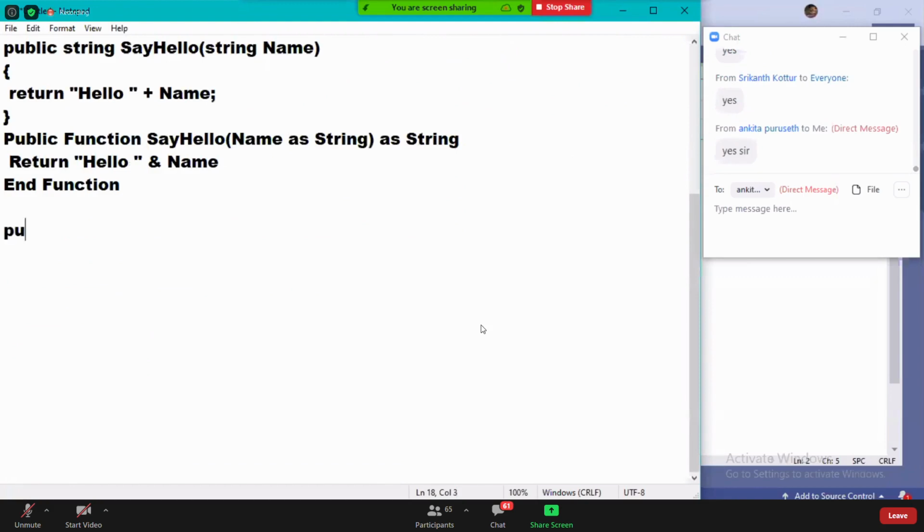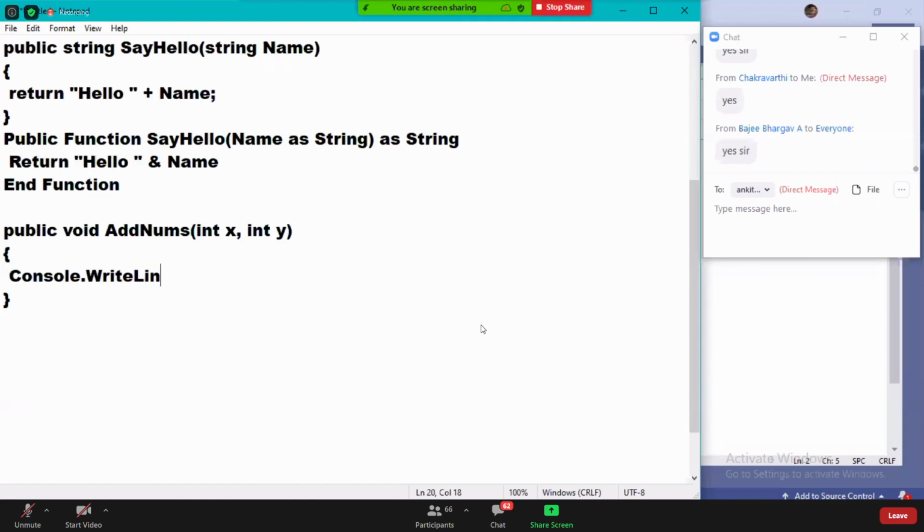Next: public void AddNums(int x, int y) { Console.WriteLine(x + y); }. Function or subroutine? Subroutine.